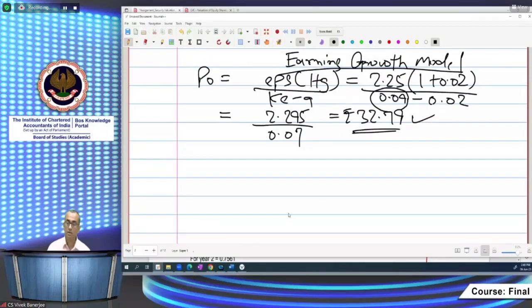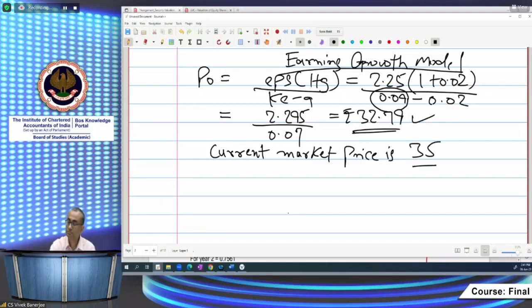सेकंड सिचुएशन में क्या डिसीजन होगा इन्वेस्टर का? सेकंड सिचुएशन में भी ओवर वैल्यूड ही होगा, क्योंकि करंट मार्केट प्राइस कितना है? जो करंट मार्केट प्राइस है वो है 35। तो 35 जो है 32 से ज्यादा है, इसका मतलब जो प्रेजेंट वैल्यू, जो इंट्रिंसिक वैल्यू है, वो करंट मार्केट प्राइस से कम है। देयरफॉर ये सिचुएशन ओवर वैल्यूड है, तो इन्वेस्टर को अपने शेयर्स बेच देने चाहिए,